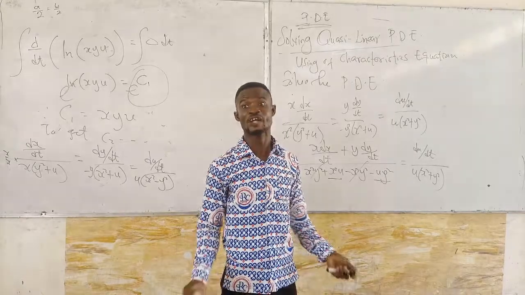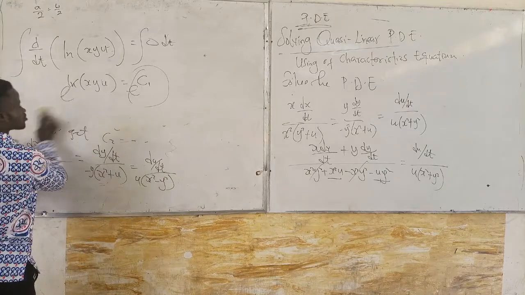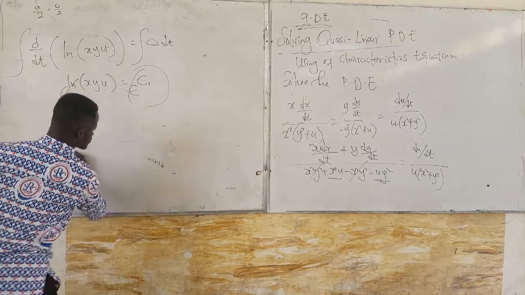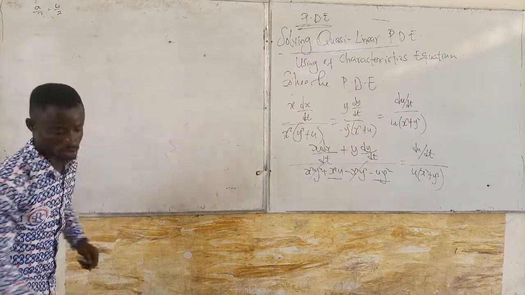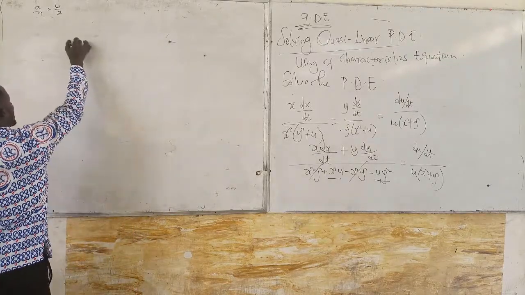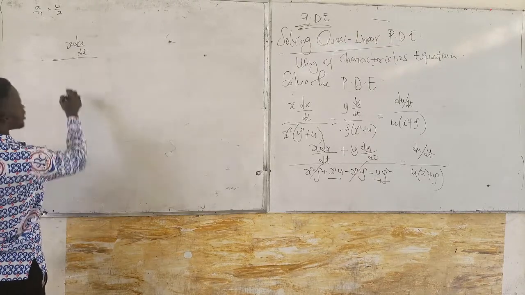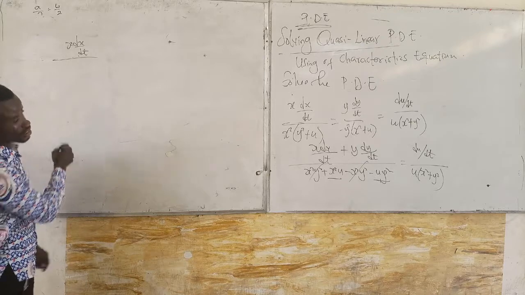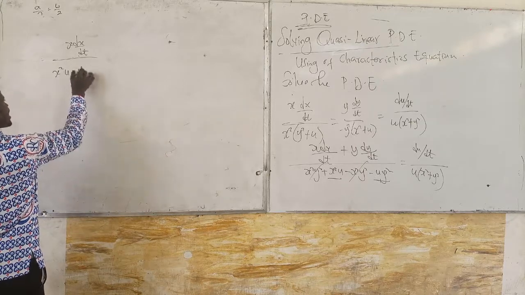So you get s ds dt over what is that? S squared u minus